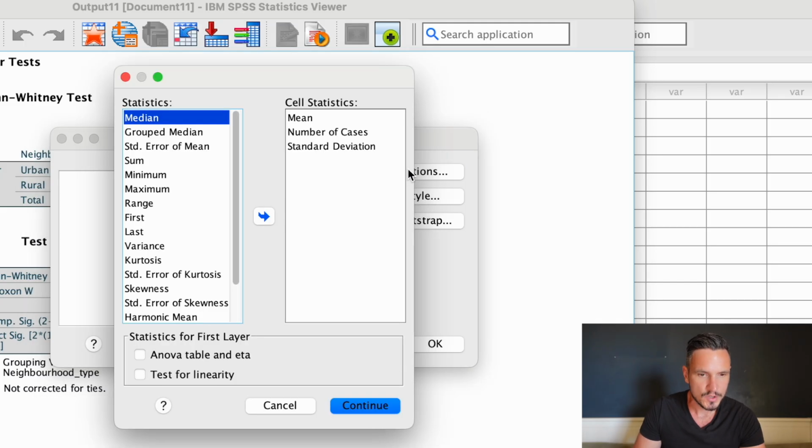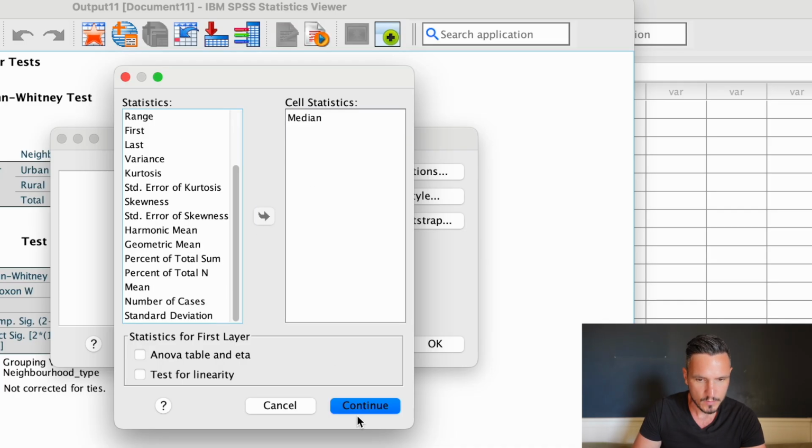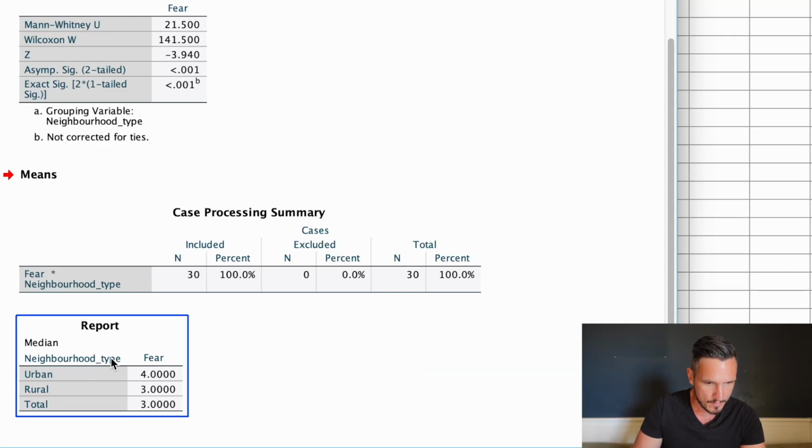Then we can go to Options, and we can transfer a median over here by using this arrow, and we can get rid of these statistics by sending them over to this side. Then we can go to Continue and then to OK. So we can see here that we have medians for the urban and rural neighborhoods, and we have a median